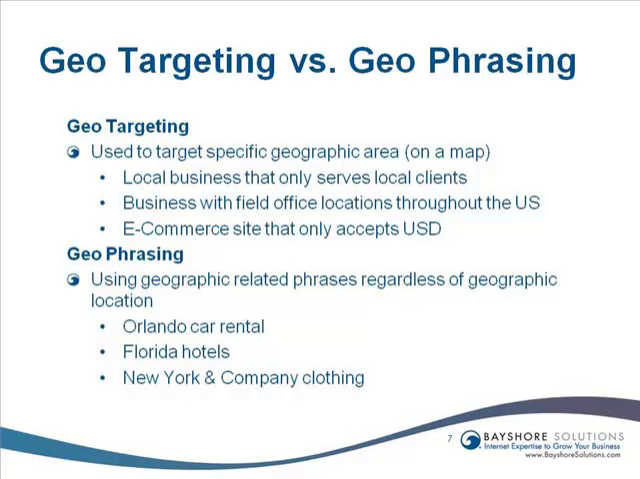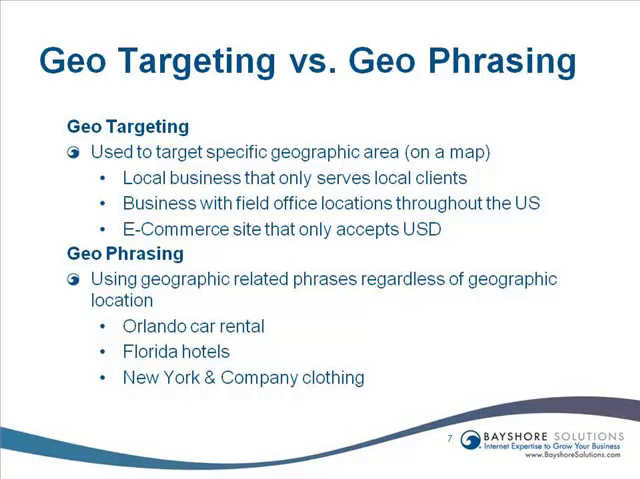Canada. Geo-phrasing is using specific geographic related phrases regardless of the geographic location that you're targeting. For example, someone in New York could be searching for Orlando car rental because they're going to be going on vacation. Another example would be Florida hotels. Now, one example that I include in here is New York and Company. That's a geographic phrase, in which case you'd want your ads to serve throughout the United States or whatever